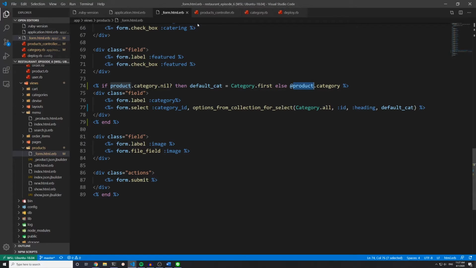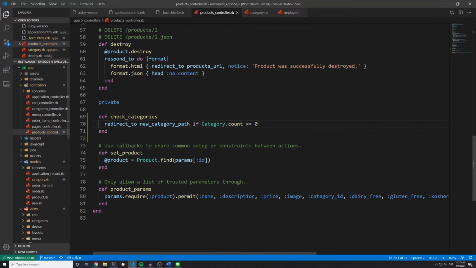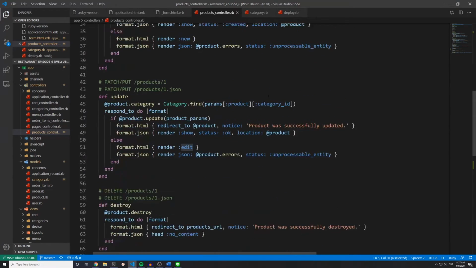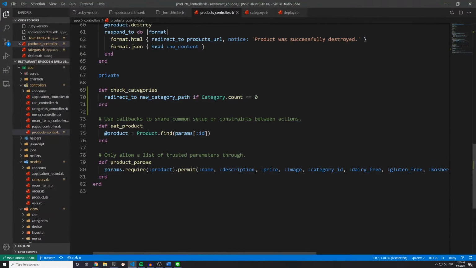But the other thing I did was I went into the products controller. And at the top here, I created a before_action to check the categories. And I'm only doing this for the new, the create, and the edit. And in the private area down here, I create this check_categories method. And I say redirect_to the new category path if the category.count is equal to 0. So if no category exists, let's redirect to the new category path. Now, I'm not sure how redirect_to will work on the production side of things, but I guess we'll see